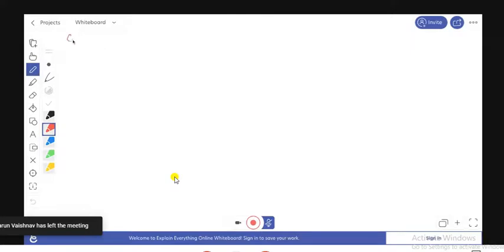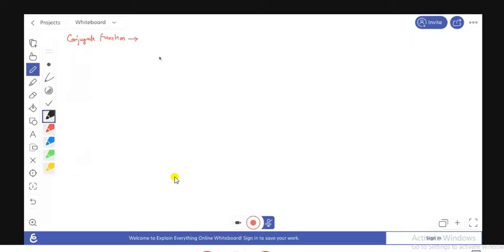Next one is the conjugate function. So let any function f be from Rn to R. The function we define as the conjugate function, that is f star. This conjugate function is a mapping from Rn to R, and this is defined as